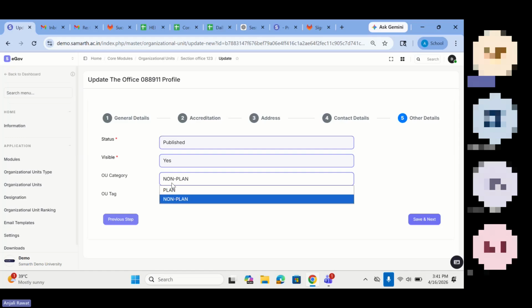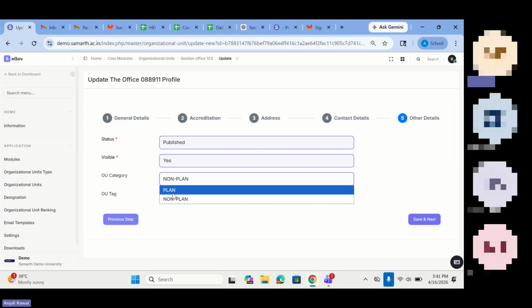That will be under non-plan. Plan means the building you are using, where planning is going on. And non-plan is if that building is not in use right now, or you're not planning anything in that building. So I have selected plan.